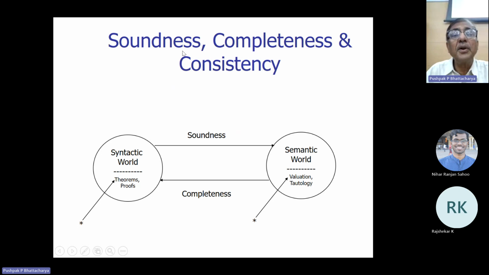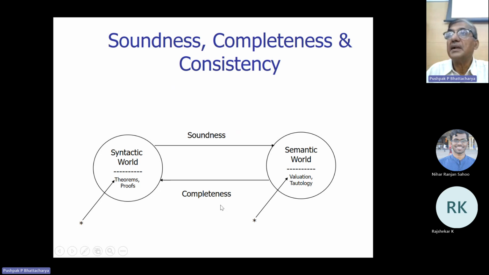Now, for any formal system, soundness, completeness, and consistency are critical. Soundness refers to the fact that anything that is proved is indeed valid in the outside world. Completeness says that anything that is valid in the outside world should be provable in the syntactic world. So within the system, we should be able to prove anything that is valid. That refers to completeness. Completeness refers to the power of the formal system, and soundness refers to the correctness